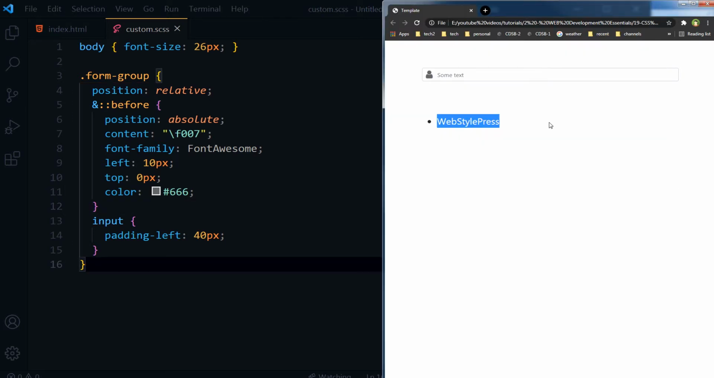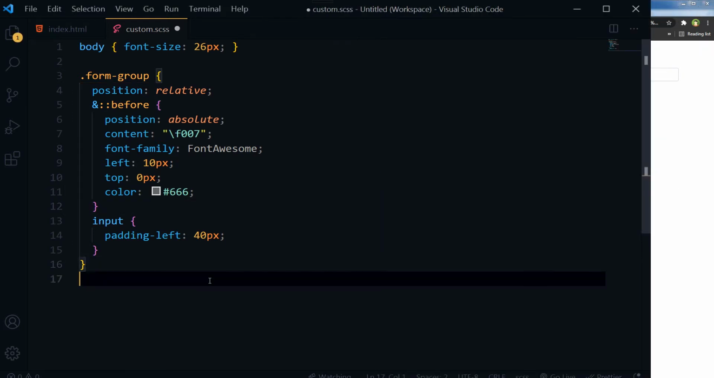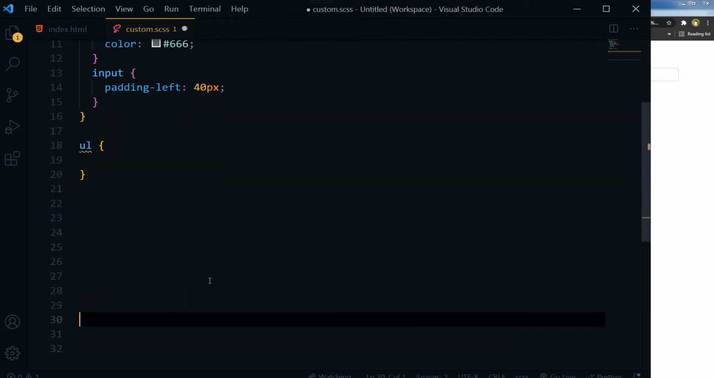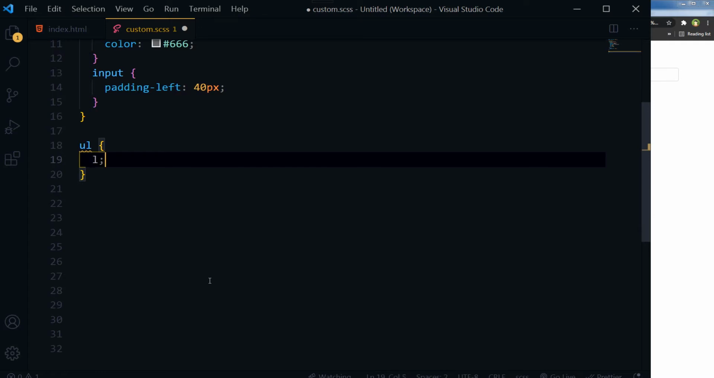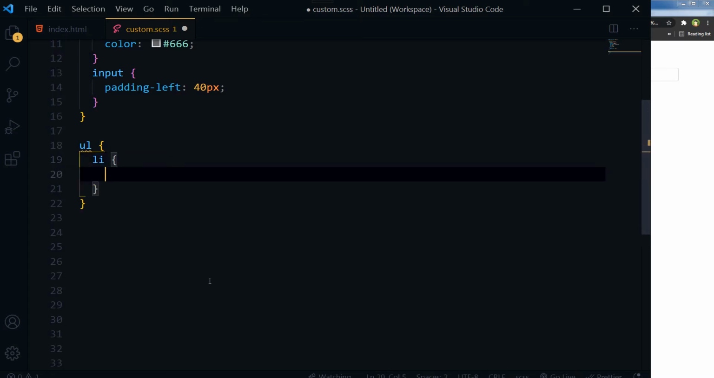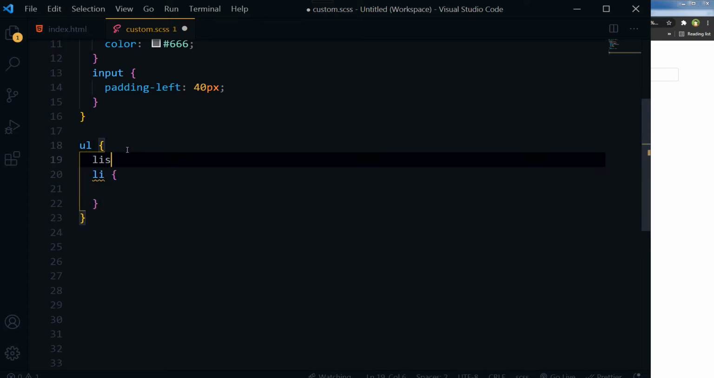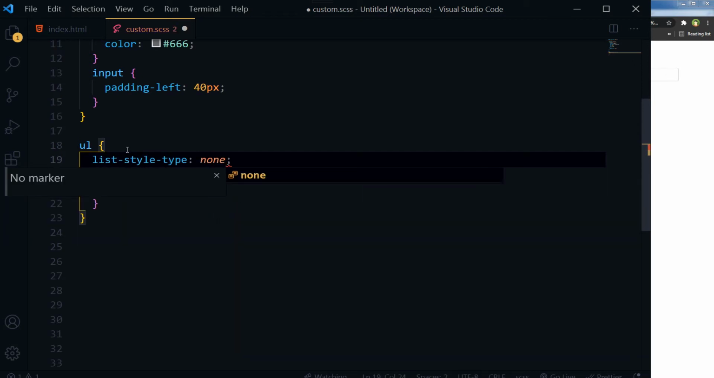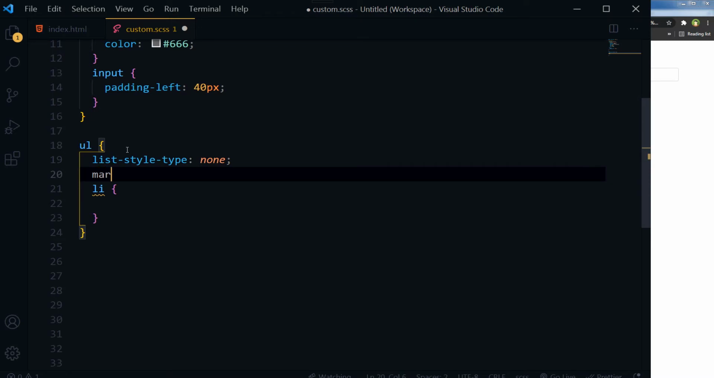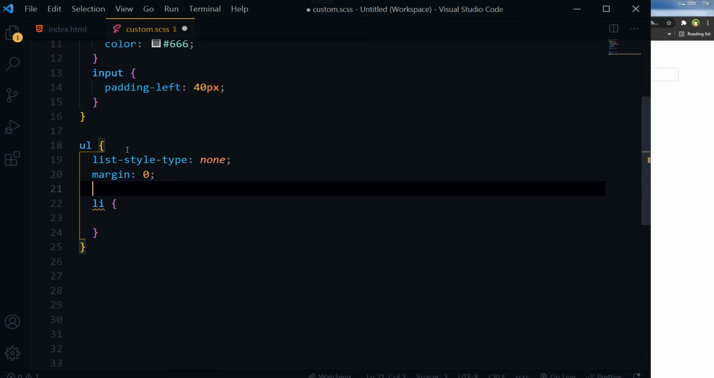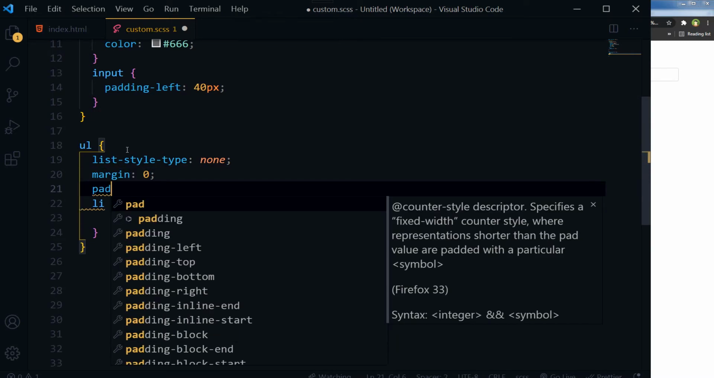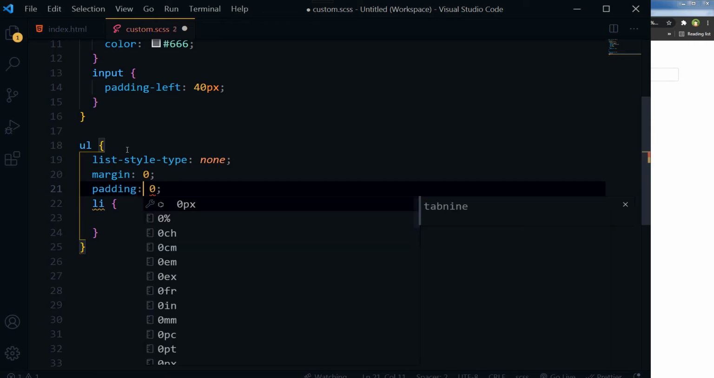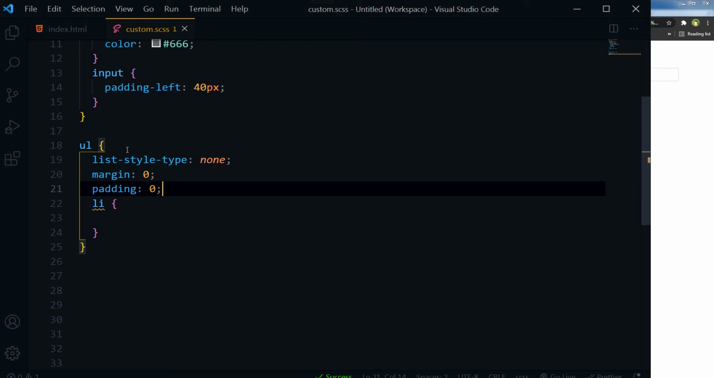Let's style unordered list now. UL, li, list style type none, margin 0, padding 0. Save,